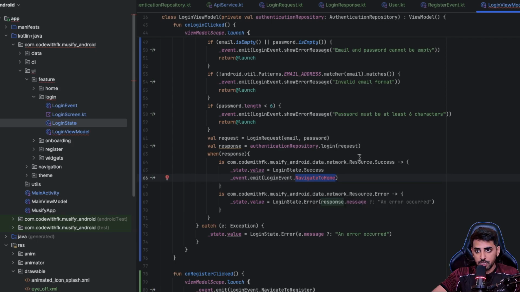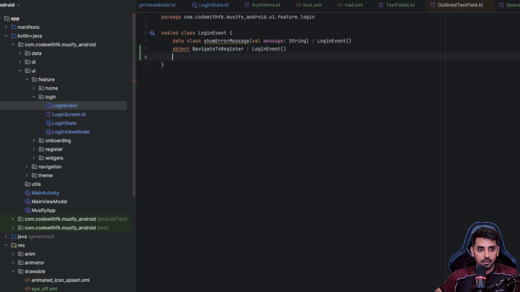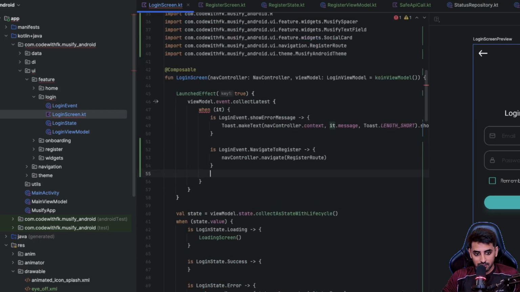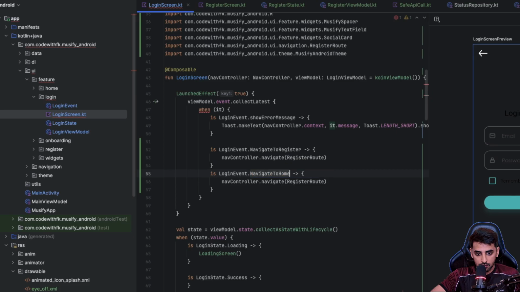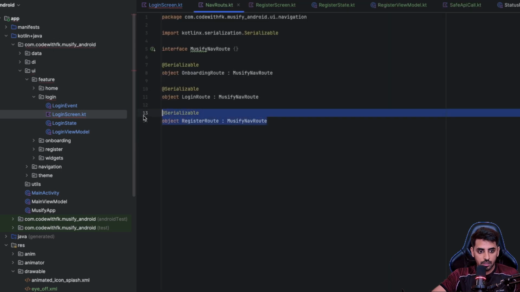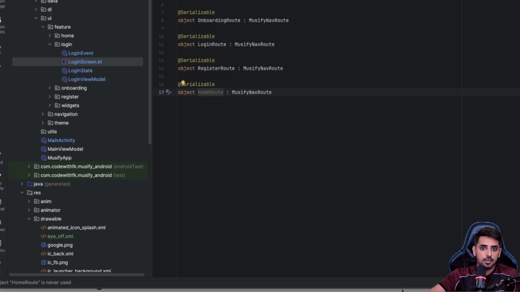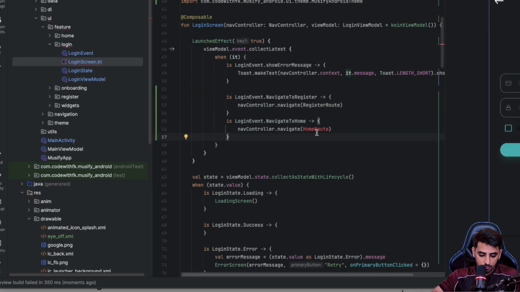So we'll go to the login event section, and over here we'll create an object saying navigate to home, that will take the user to the home. And inside this login screen, you can also define the navigation for that. So let's do that as well, and it should be home route. I think we don't have that, so we'll just create one. It should be home route. Okay, so now once we do all that, you can import that,